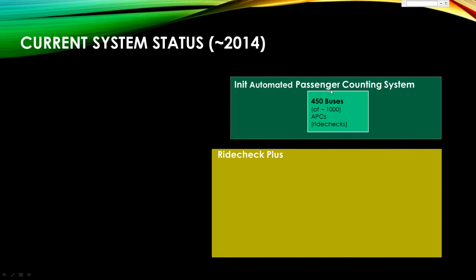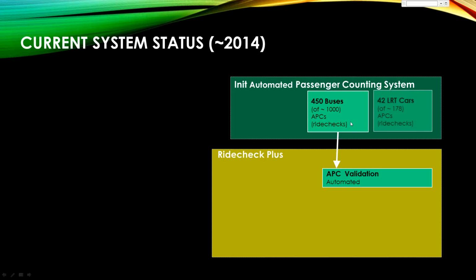The init automated passenger counter systems work every day and bring the data in, and when we bring it into RideCheck Plus, we go through a number of validations to make sure that we believe the data is correct. When we go through those validations, we find that we do throw out some data. Right now we're throwing out maybe about 6 to 12% of our data, and usually the reasons are things like the route is on detour, so we weren't able to confirm that the entire pattern was driven and those types